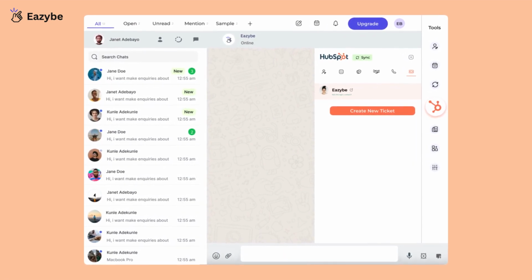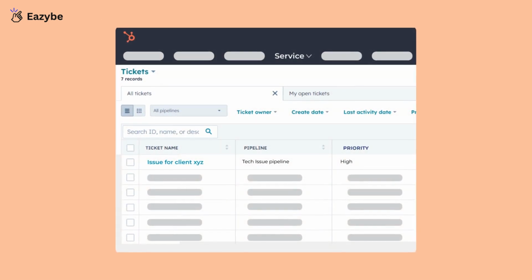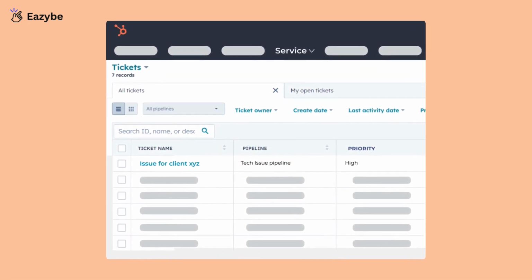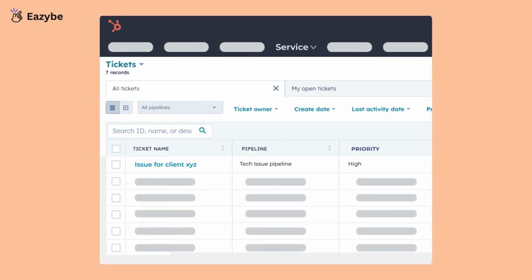To access the ticket on HubSpot, navigate to the Services section where all tickets generated from WhatsApp are conveniently organized. With this simple process, addressing customer issues becomes a breeze, allowing our technical team to swiftly resolve problems and ensure